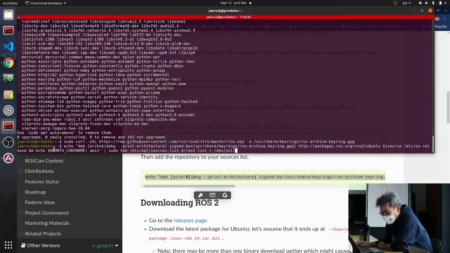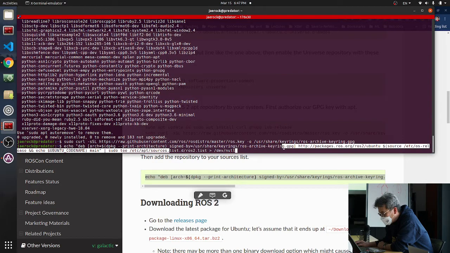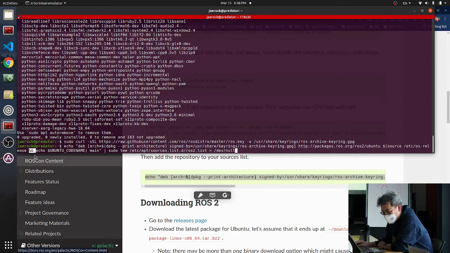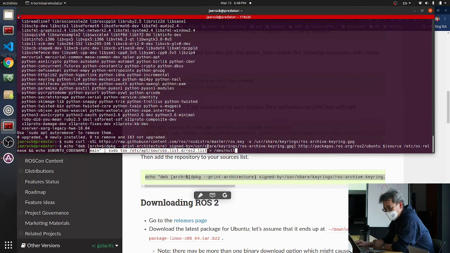Okay, that means deb and arch, then $ this and this, and $ source etc os, and then double and sign, meaning again do this, and then this is a separate line of instruction, and then Ubuntu codename main blah blah blah blah. Okay, and then again